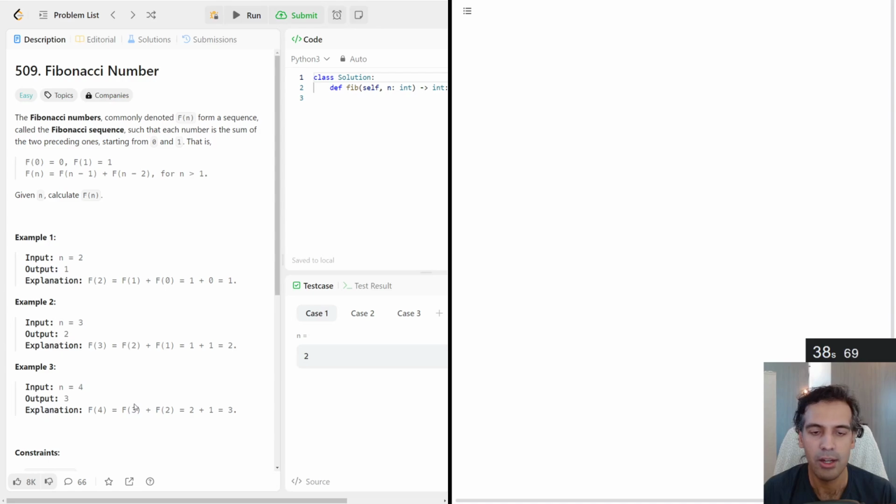and the constraints in this case is from 0 to 30. Questions I'd have is, do you want all of the values, or do you want just a specific value? So it looks like they want it for just a specific n, and they don't care about any of the previous ones. And it's not for multiple calls to this, so